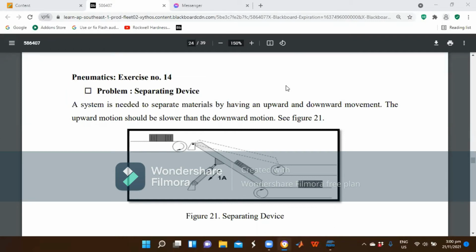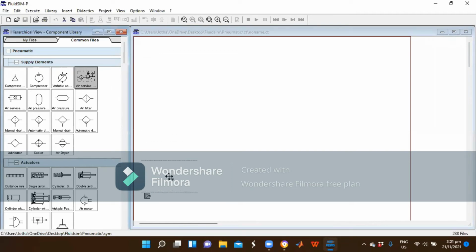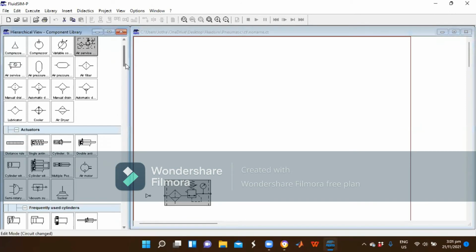So as for the pneumatics exercise number 14, problem: separating device. A system is needed to separate materials by having an upward and downward movement. The upward motion should be slower than the downward motion. So going to the FluidSim, first we'll put a compressed air supply, an air service unit, then followed by a 3/2-way valve that is manually operated,